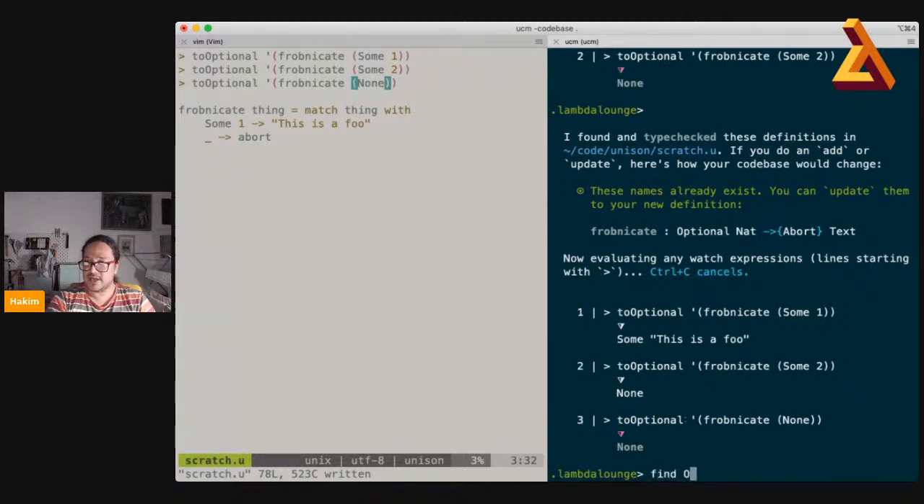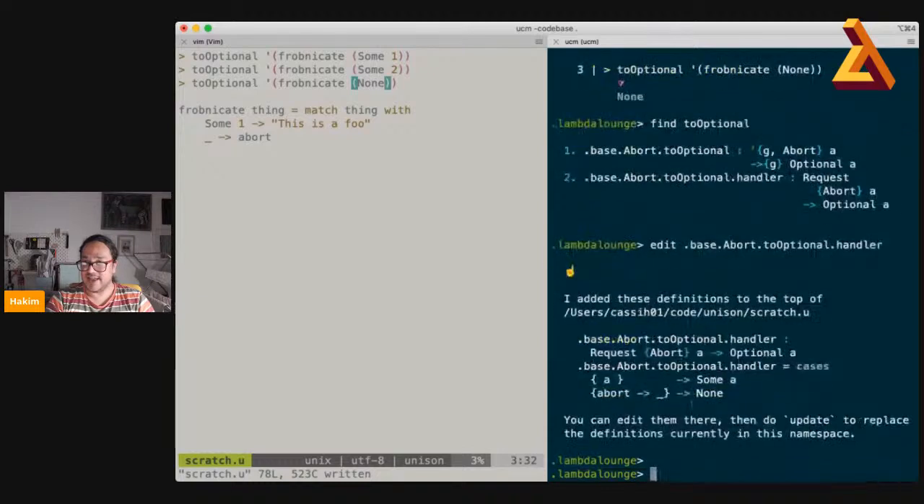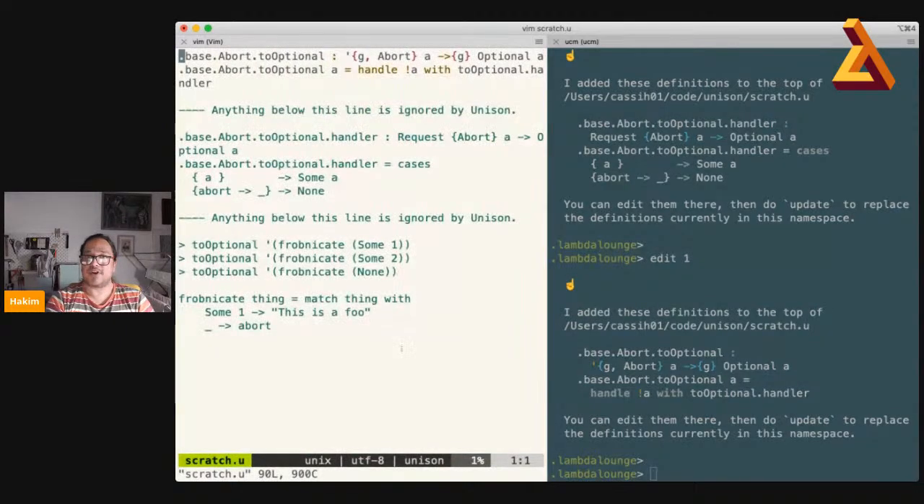So look, find to optional. So if I edit that optional handler there, and actually might as well edit one as well, then what we could do is create our own handler. So we could go something like did it work,